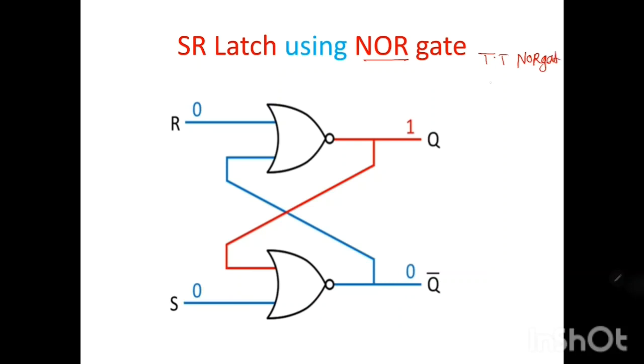Here in a 2 input NOR gate, output Y is equal to (A plus B) whole complement. As 2 inputs are there, 4 combinations are possible. 0 0, you are getting here 1. 0 plus 1 is 1, complement of that is 0. Means in this NOR gate, if one of the inputs is a 1, in that case output is a 0.